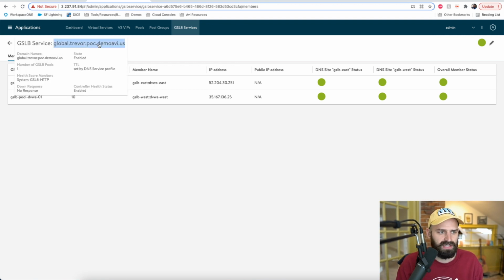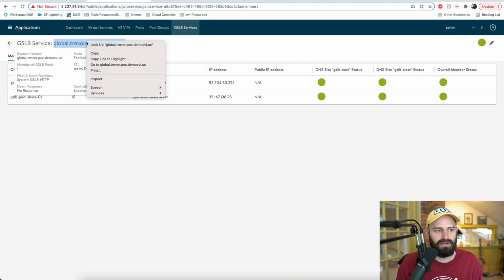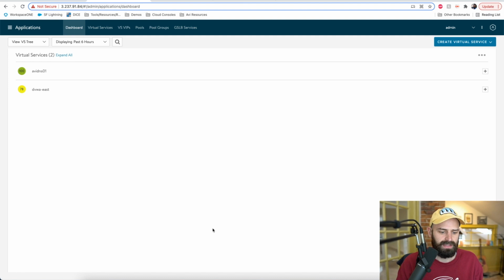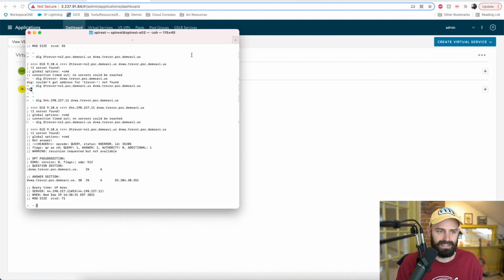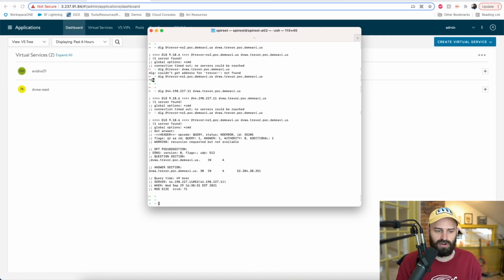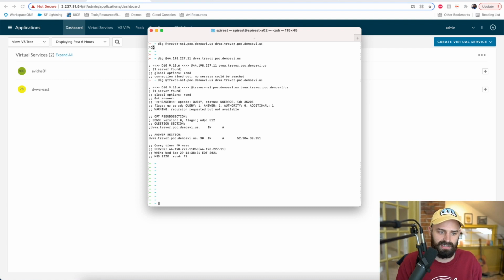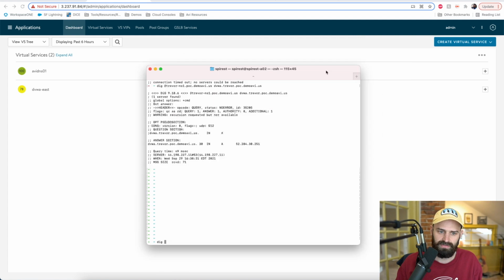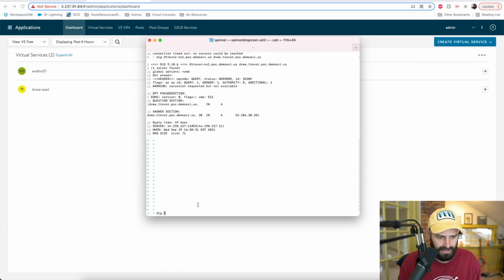So what I'm going to do is this. I'm going to show you how to validate that this is actually working, using a very simple tool called Dig. I use the crap out of Dig when I'm setting up GSLB. Dig is a simple command. If I just did an NS lookup directly, or I just dig something directly, it's going to use the DNS server I have set on my Mac here. So it's going to use the DNS configured for this Mac that I'm on. However,